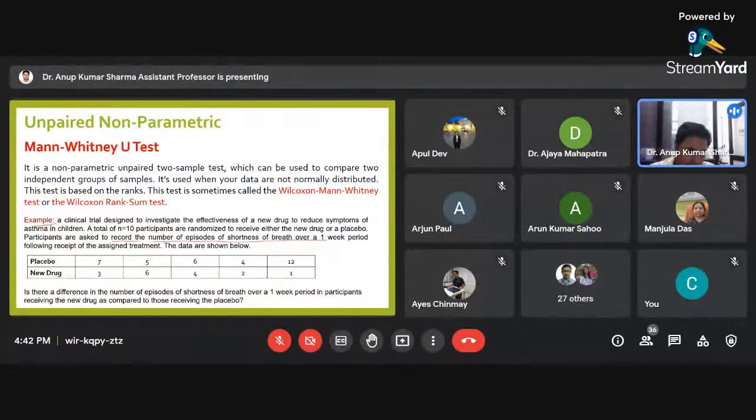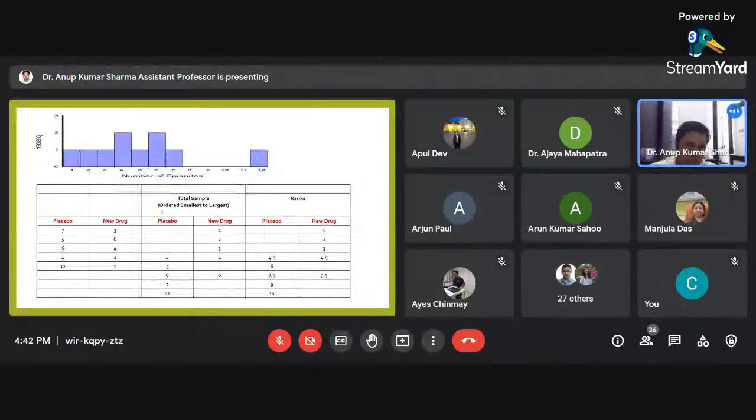So here's the question: is there a difference in the number of episodes of shortness of breath over a 1 week period in participants receiving the new drug compared to those receiving the placebo? So this is the question. So when we take this data like